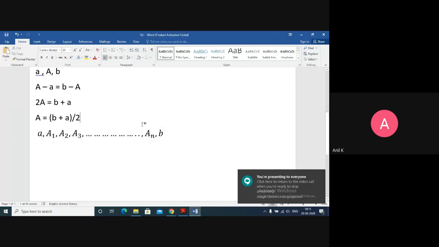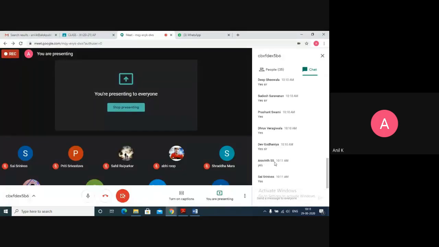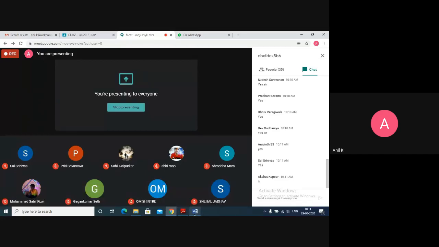So what we can do is, here I am explaining that between two numbers A and B, I want to insert n numbers. So what should be the formula? Between A and B, I am putting n numbers. I call them A1, A2, A3 and so on up to An. If there are n numbers, in total how many numbers will be there in this AP? Can anyone tell me from A to B, how many numbers will be there in total?